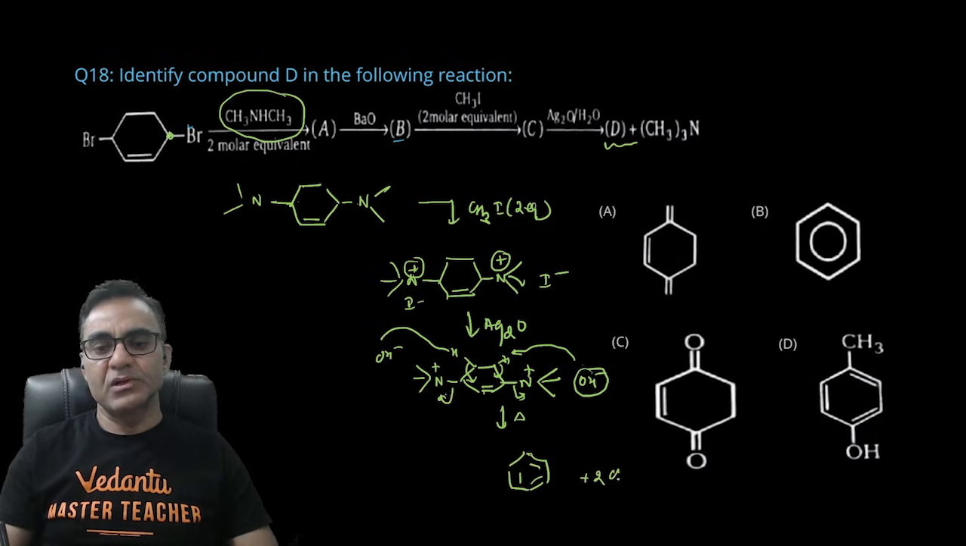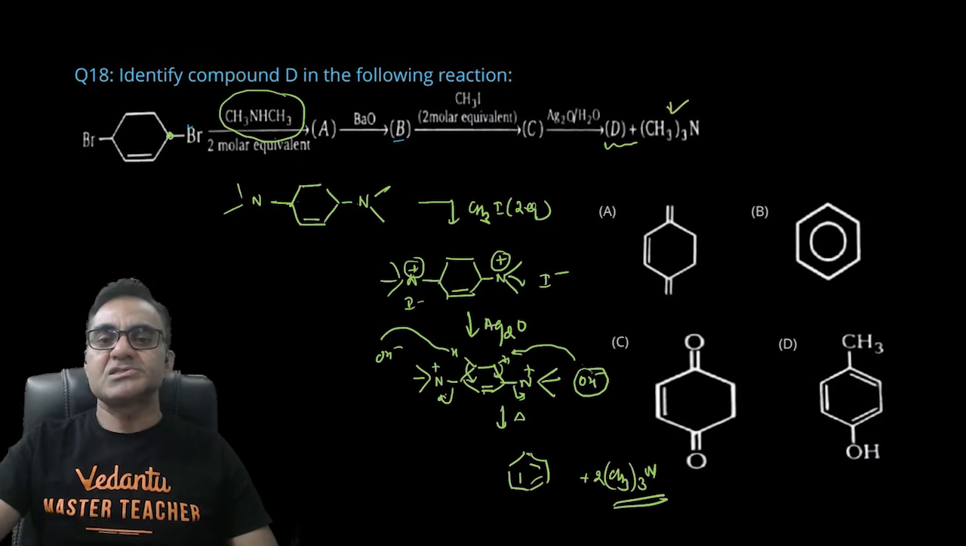एंड 2 मॉलिक्यूल N(CH3)3। वैसे ये क्वेश्चन में गिवन भी है ये वाला कंपाउंड N(CH3)3। ऑलराइट, तो आपका जो कंपाउंड डी हुआ वो बेंजीन हो गया। ओके, सो बी ऑप्शन इज गोइंग टू बी अ करेक्ट ऑप्शन ऑफ दिस क्वेश्चन।